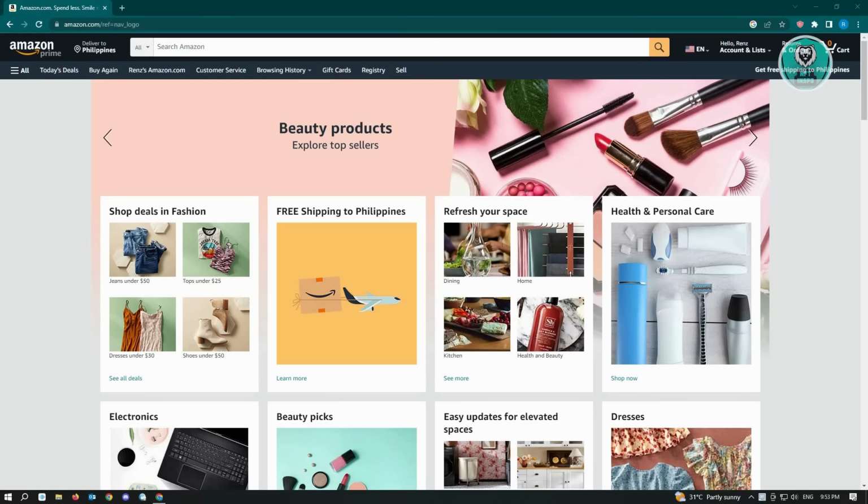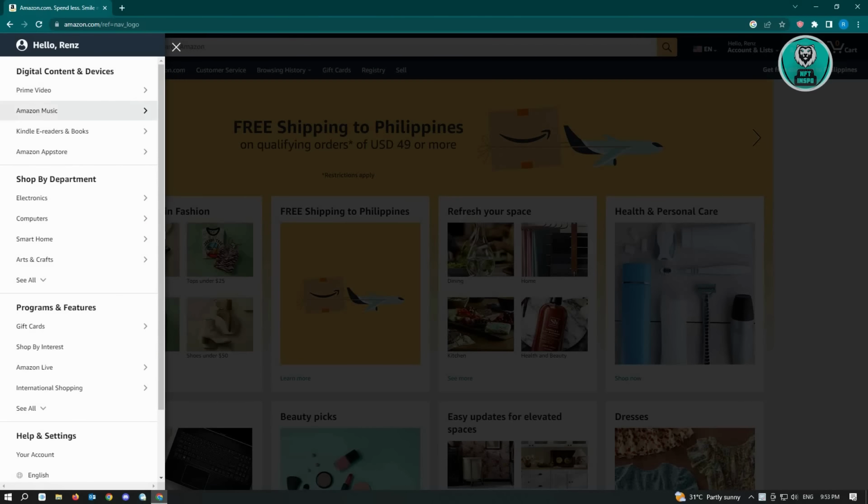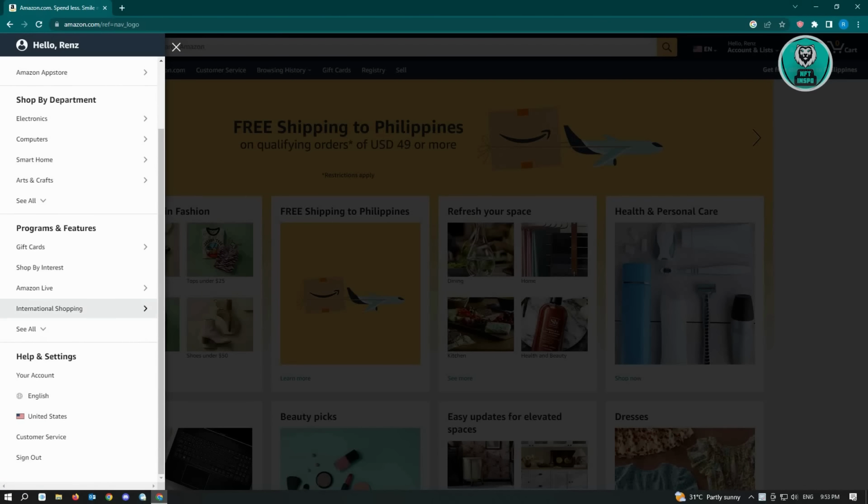So the first thing that you want to do here is open up any browser that you have on your PC. From here, you need to log in to your account on Amazon.com. Once you've done that, go to the top left corner of the screen, just underneath the Amazon Prime logo there. Just click on All, and from here you want to scroll down until you see the